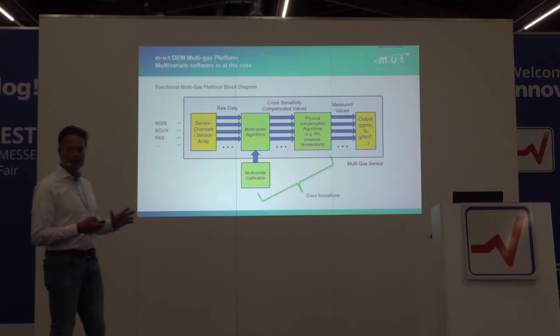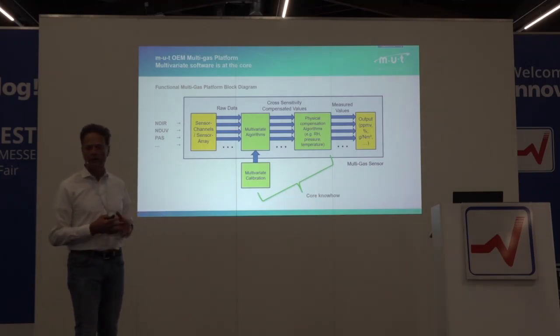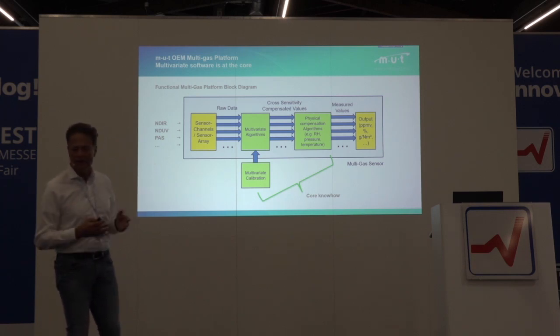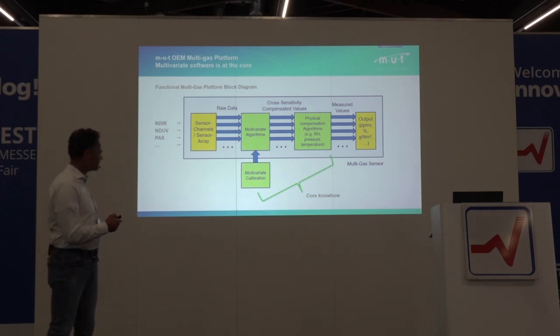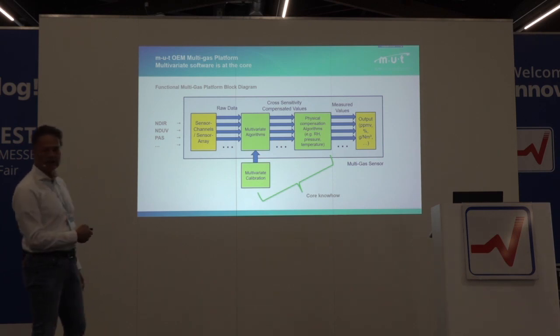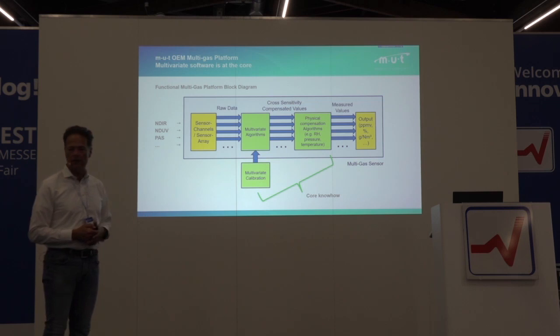And that is what we do. One thing, of course, is the hardware that we have designed and manufactured. And equally important is the software that takes care of this, let's say, data mess. So in principle, with such a processing algorithm, you can take in any kind of data. NDIR, could be NDUV, could also be photoacoustic spectroscopy data